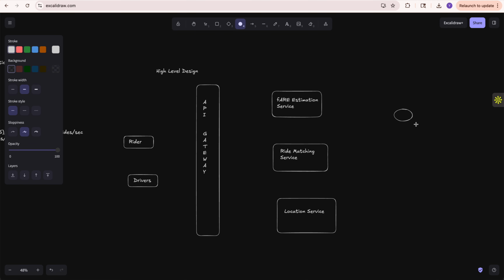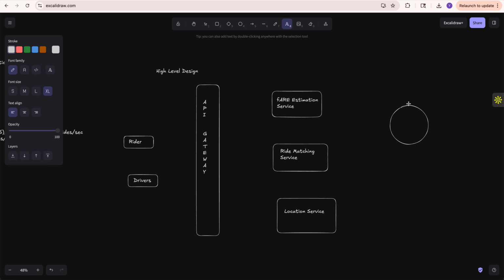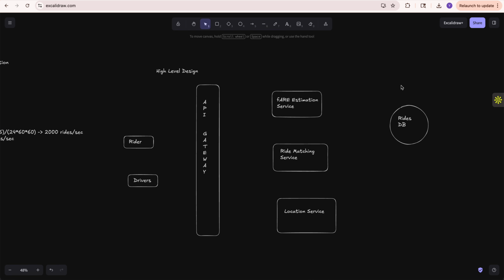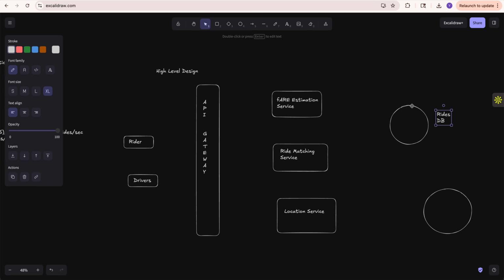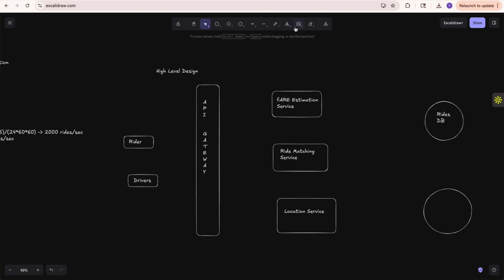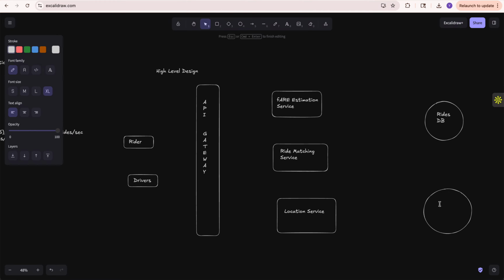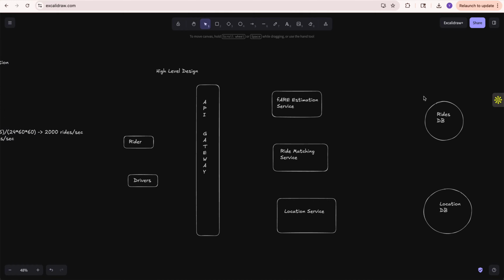So yeah, now coming to the flow of our system, we will also have two databases here. One is the ride database, rides DB, where we will be storing all the rides, and the other database that we will have is the location database, location DB. We will discuss the type of database and all the things in detail. First we will try to satisfy the functional requirements